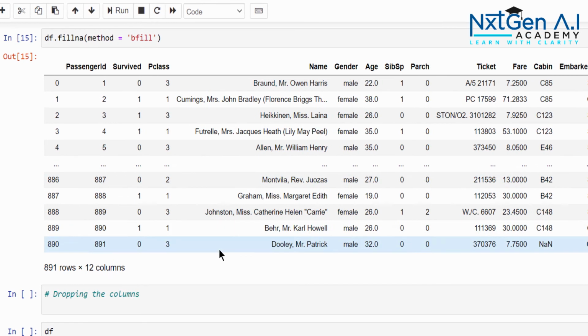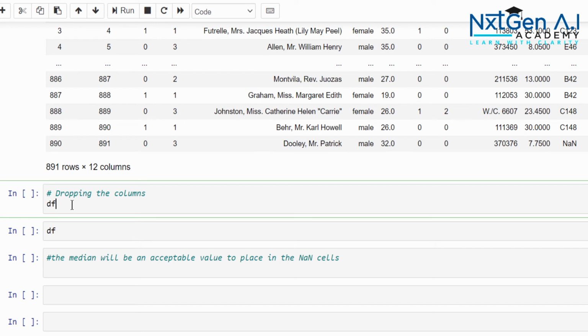So what I will do is df.drop, what are all the labels, like cabin and then ticket. We already learned this concept, axis equal to 1, inplace equal to True.